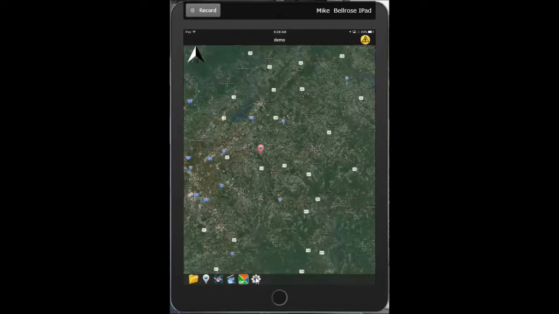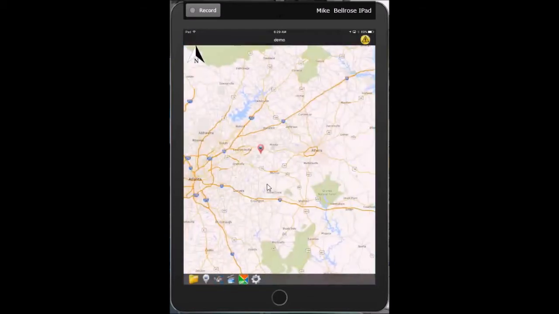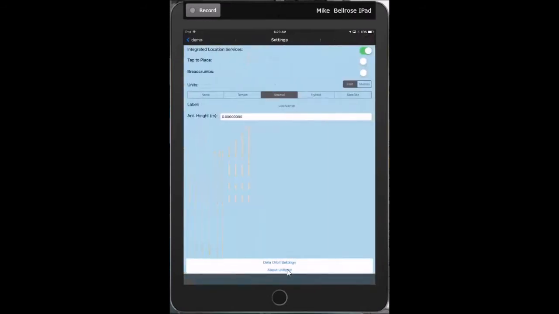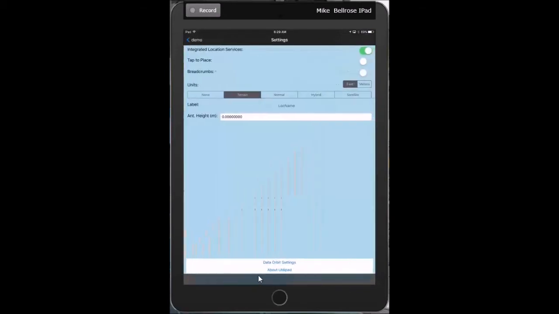If I go to my sprocket button or my settings down the bottom, you can see the next thing I want to show you is that you can quickly change the type of map that you have for your Google Maps. I'm going from hybrid over to a normal view. I can go over to a terrain view, and then I can see mountainous regions. Of course, where we are, it's kind of flat, as you can see, so I'm going to actually show you